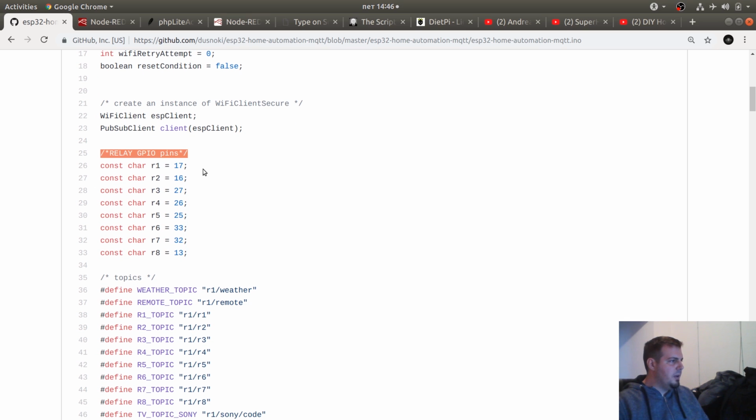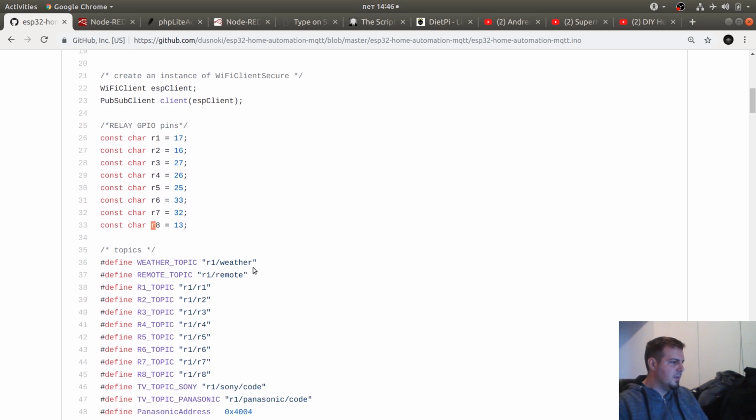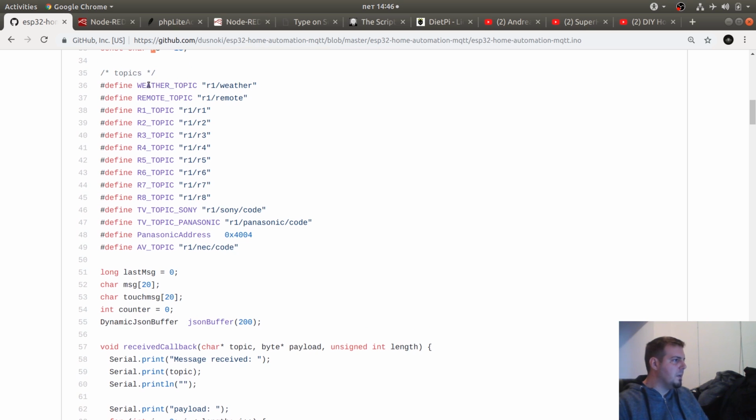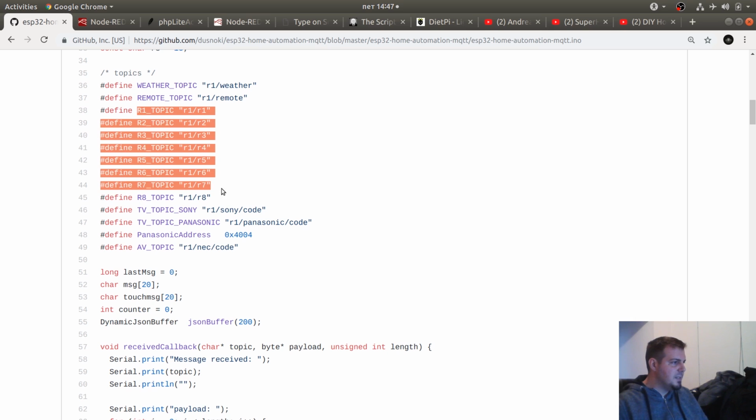also relay GPIO pins, which pin of the ESP32 is connected to which relay. Here I'm defining the topics for weather, that's the humidity and temperature. By the way, you can see that everything starts with R1/ because in my example, room 1 is just an example. Weather, the remote topic, all the relay topics,